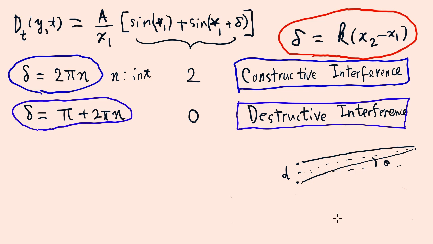If L is much greater than d, it's obvious that this angle will also be about theta, and this other angle will also be about theta. Okay, and so this angle theta is rigorously defined as the angle between the horizontal line